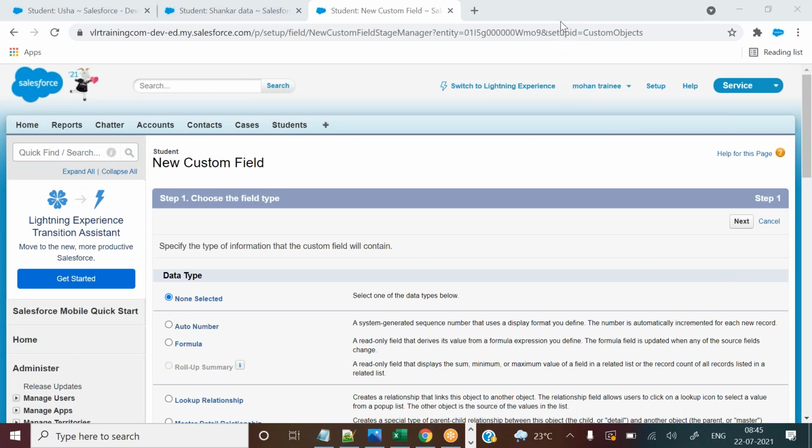Today class is completed, and I have another question. You can ask any questions if you have, guys. Do we create this object under any app, or did we just create this object tab? Object does not depend on any apps. What is depending on the app? As I mentioned in the first class, app can control whether object or tab. Tell me.